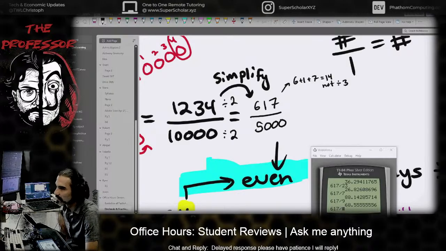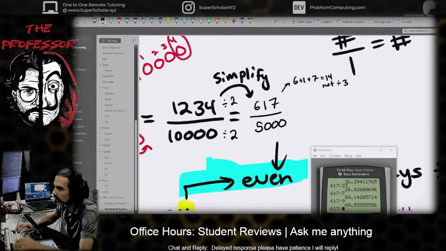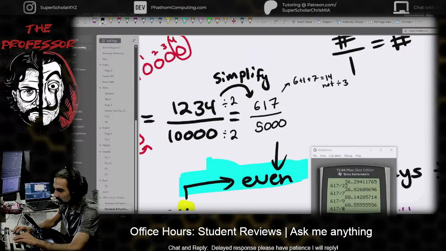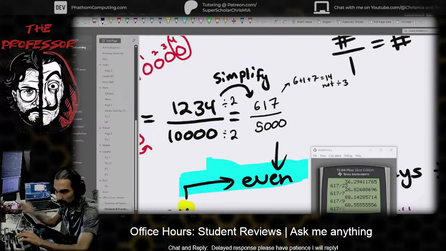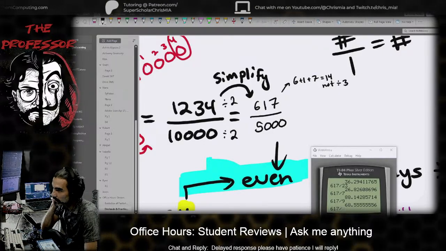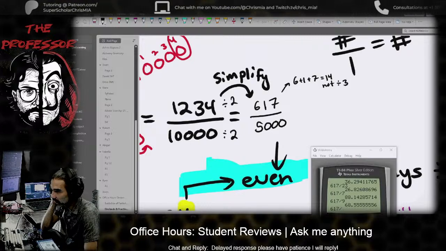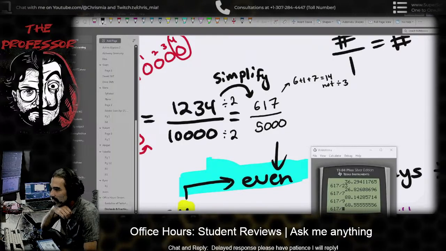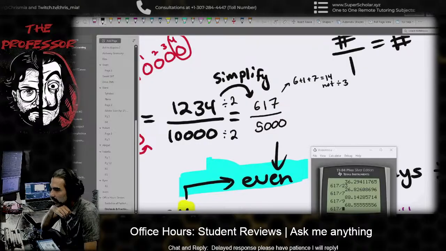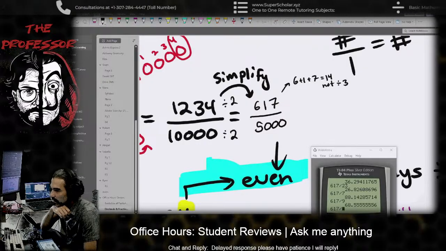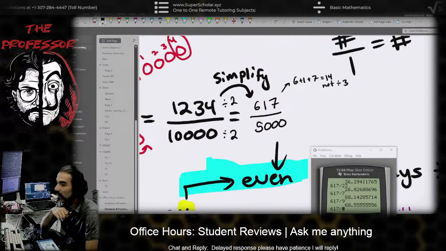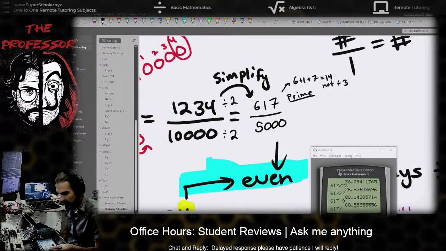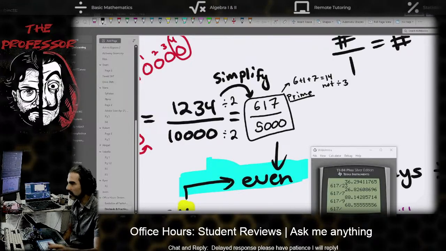Instead of having to hunt this down, let me ask Grok. What is 617 divisible by? Yeah, we didn't do any of those. 11 didn't work. Prime is not divisible by small primes. We should check if it's a prime. Wow. This is actually just straight up prime. So that's it. There's nothing else we can do. That's as simplified as a fraction can get.